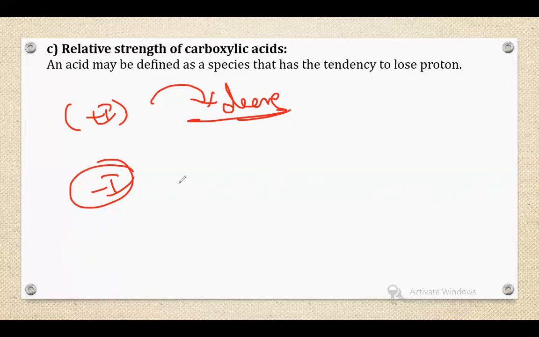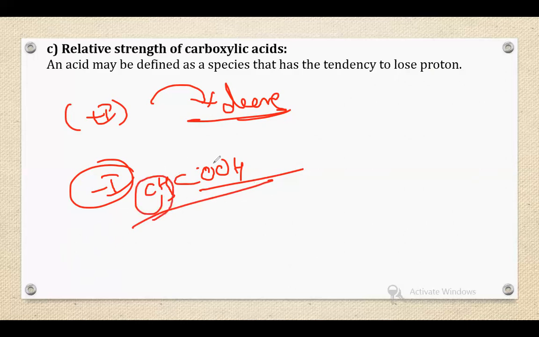What happens to the negative charge on the carboxylate ion? Take RCOOH, a carboxylic acid. What happens if electron withdrawing groups are attached to it? For example, CH3COOH is acetic acid. Compared to this acetic acid, CH3 is an electron donating group. Instead, if the hydrogens of CH3 are replaced one by one by chlorine, it becomes